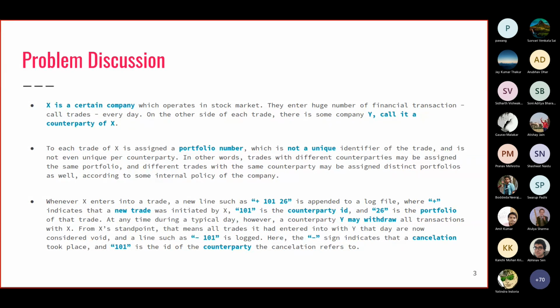So whenever X enters into a trade, a line such as plus 10126 is appended to a log file, where plus indicates that a new trade was initiated by X, 101 is the counterparty ID, and 26 is the portfolio of the trade. At any time during a typical day, however, a counterparty Y